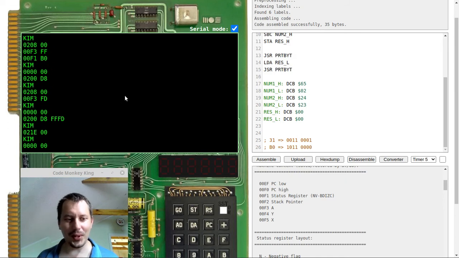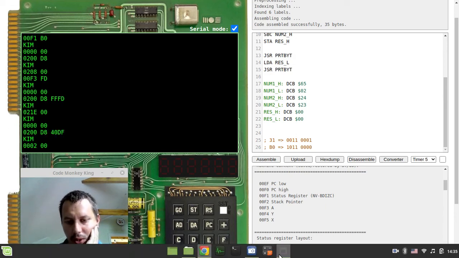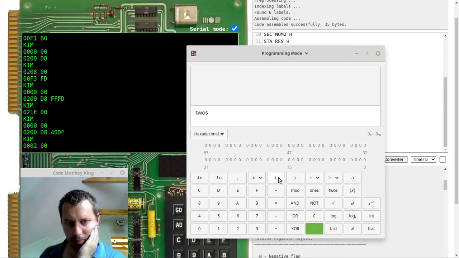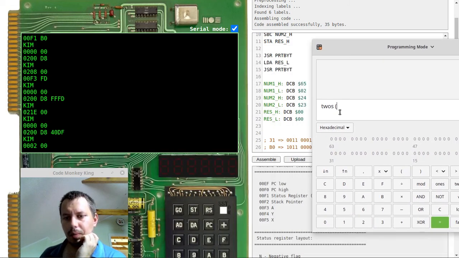The 6502 wasn't intentional, really. 200s and Shift G, and we have the result 40DF. So now let's make sure this actually works. So open the calculator. So I want the 2's complement. Also need the parentheses, otherwise it's not going to work properly. So 6502. Okay, again 2's complement. 6502 minus 2423 and equals,